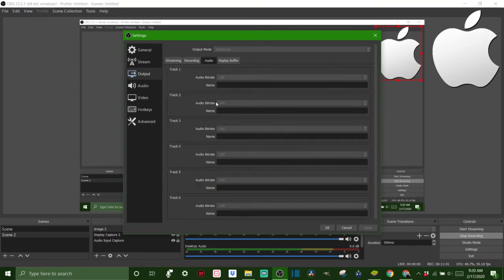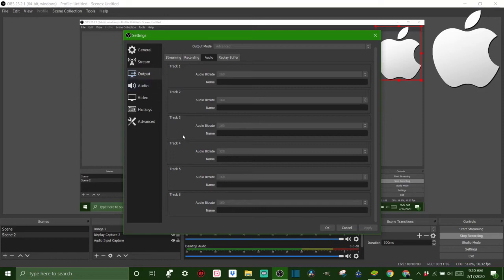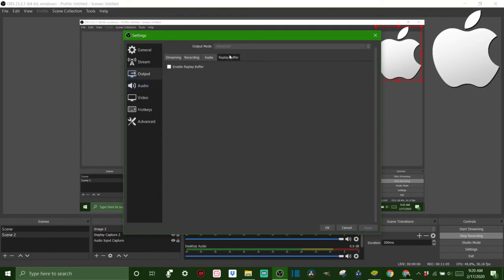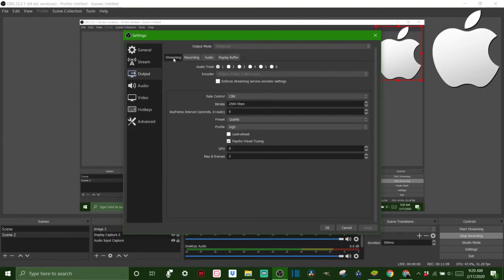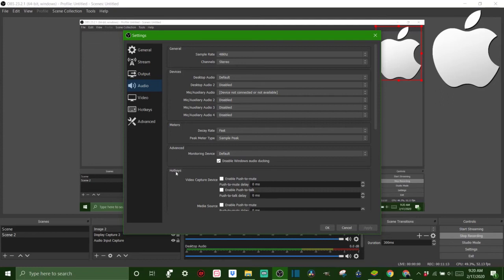Come over here to audio, mess with each track individually, and you can have a replay buffer. I don't usually use a replay buffer, but if you're streaming, you might want to use it. Come on down to audio. This is where you can click your speakers. I'm using default here, but you can click different speakers,